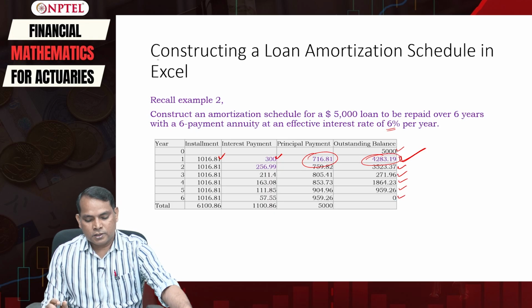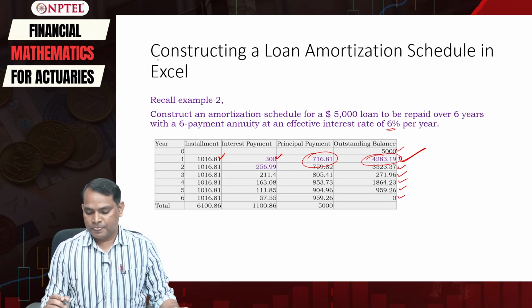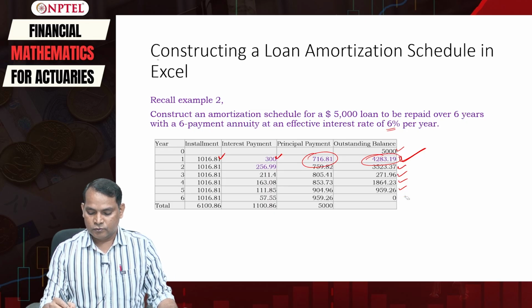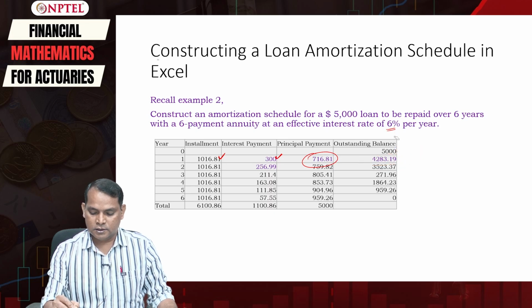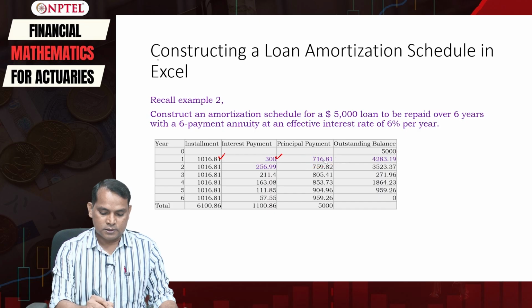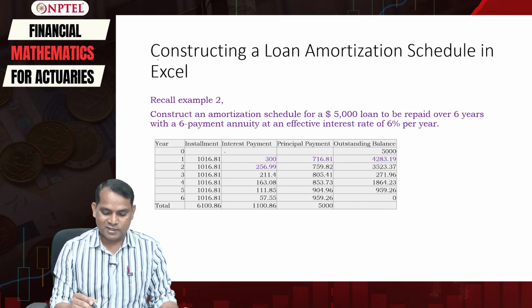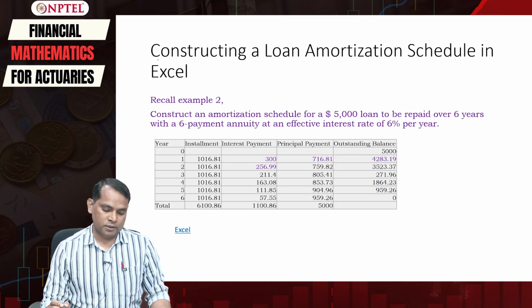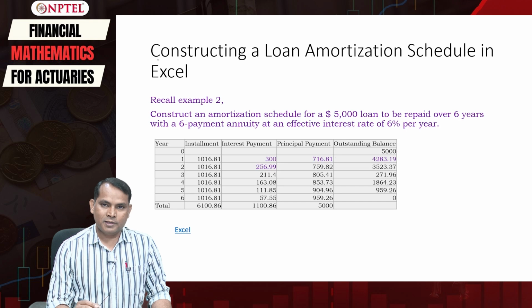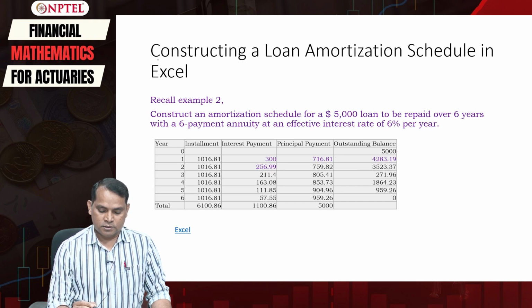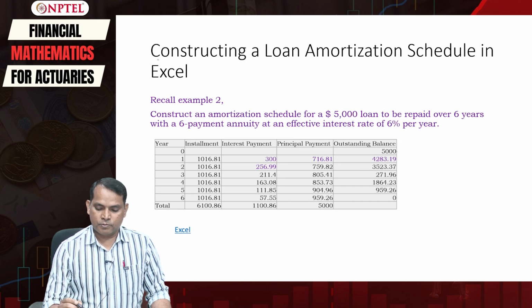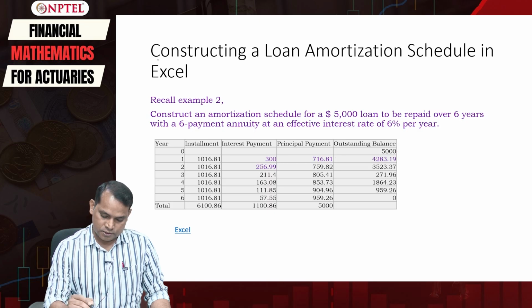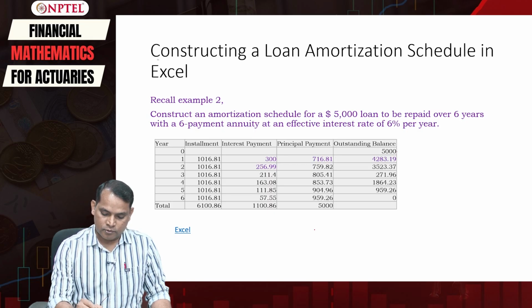Now you may be wondering how this table actually comes about. We can easily do this using Excel. Let us now try in Excel and see whether we get the exact same table or not. So let us open Excel, and there first we have to enter the initial values, that is the loan amount, L is equal to